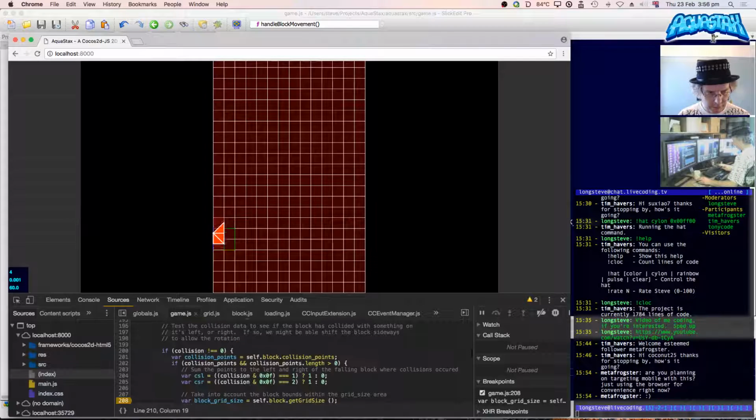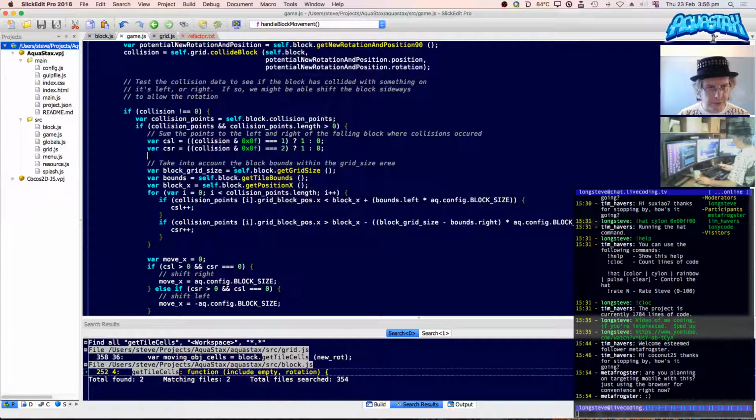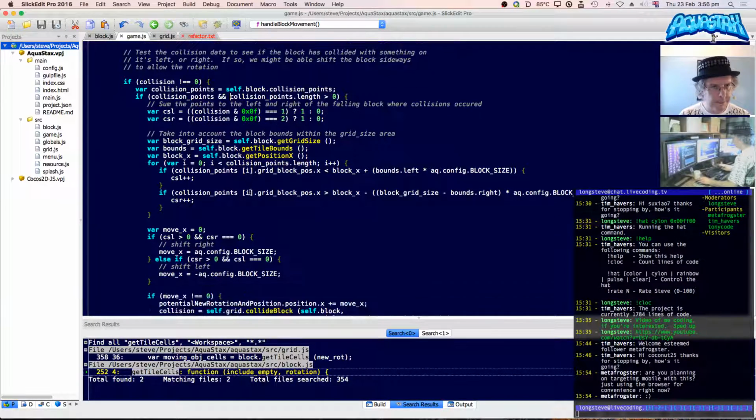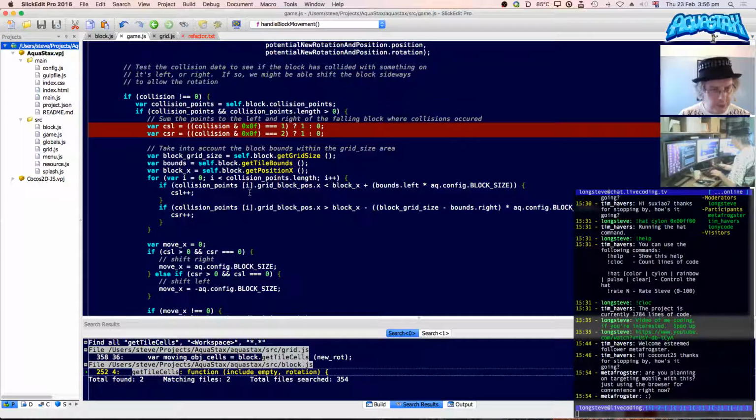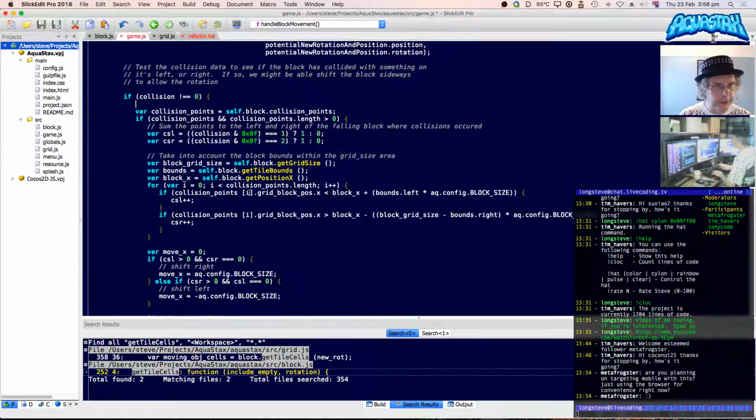Is not equal to 0. Ah, there's no collision points at this point, is there? Of course. So what I have to do is fake it. I wonder, let's put these out here.